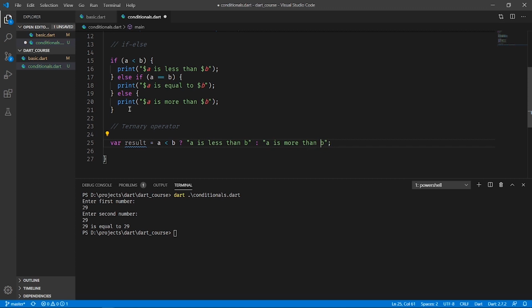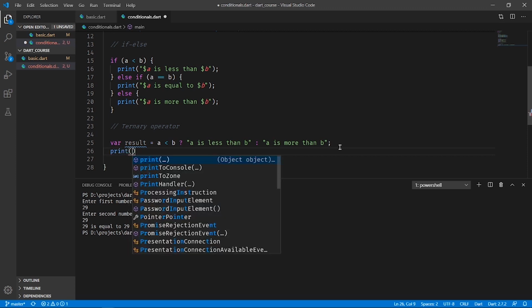So here you can see that there are 3 operands. The first one is a condition, and there is a question mark here, and after that we have a statement, and there is a colon here, and after that we have another statement. So what does it signify? If the condition is true, then it will execute the first statement, and if the condition is false, then it will execute the second statement. This ternary operator is very handy when writing code. When the conditions are very simple, you can directly write this instead of an if else ladder.